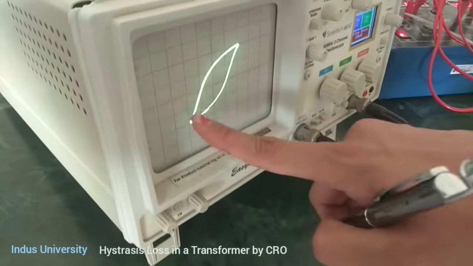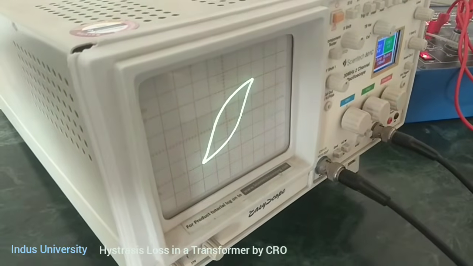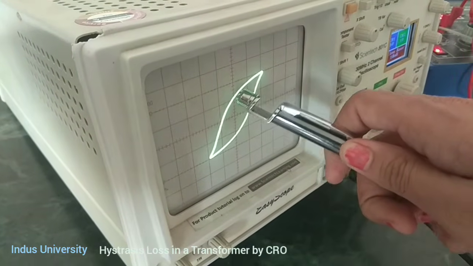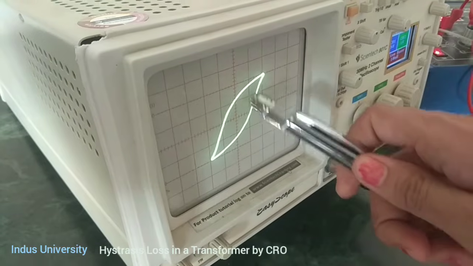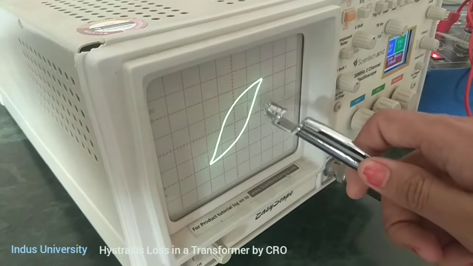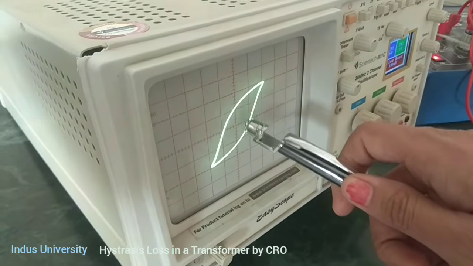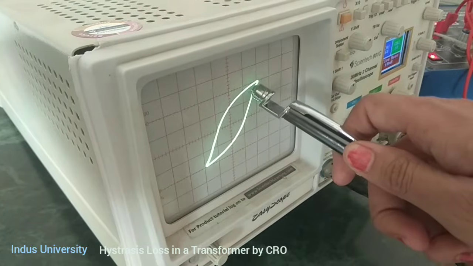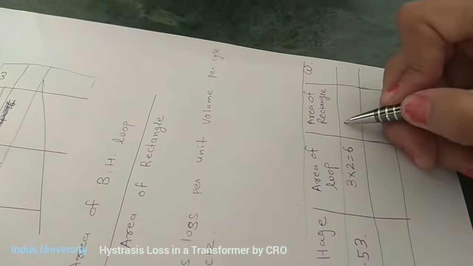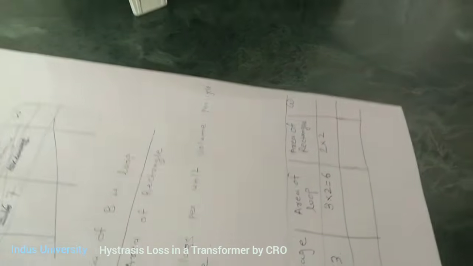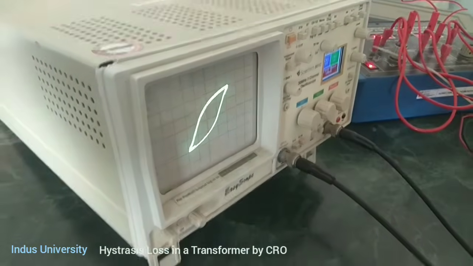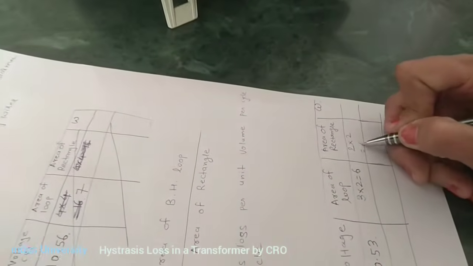And whenever you are going to calculate the area of the rectangle, that is, whenever it starts the magnetizing effect and then after the demagnetizing effect, first you have to consider the half rectangular part. So that is divided from here. So this is first, second, third, fourth. That is the area of the rectangle we are taking. So that is 2 by 2, x-axis 2 and y-axis 2. So the total is 4, so 4 squares are there.